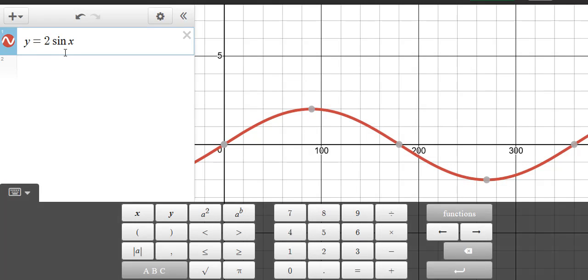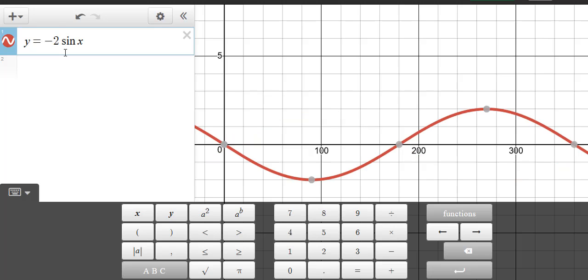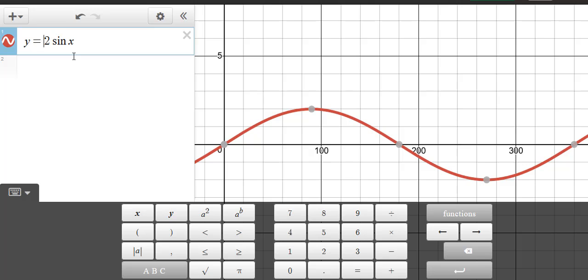If you were to put a negative sign in the front, just like a parabola, it would flip this sinusoidal curve upside down. See what happened? It flipped it upside down. The cool thing about Desmos is you can type in a letter. So you can type in,